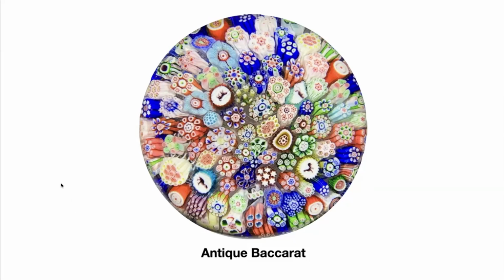They also had these silhouette canes again. The rooster here, the dog. I believe this is an ostrich. This might be a monkey over here. It's a little distorted. But each one of these canes has a dozen different elements that have all been pulled